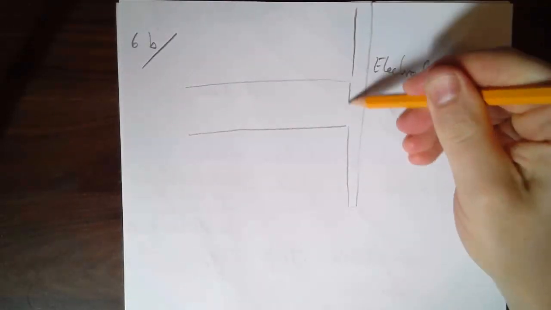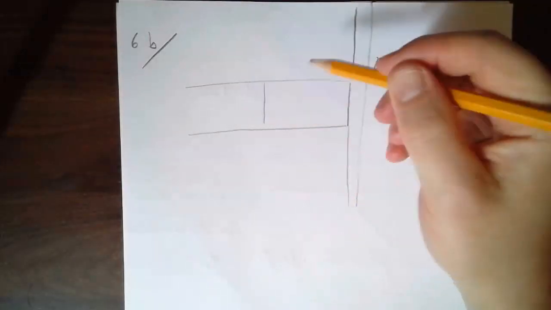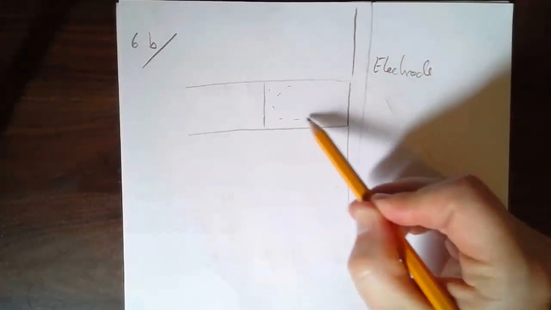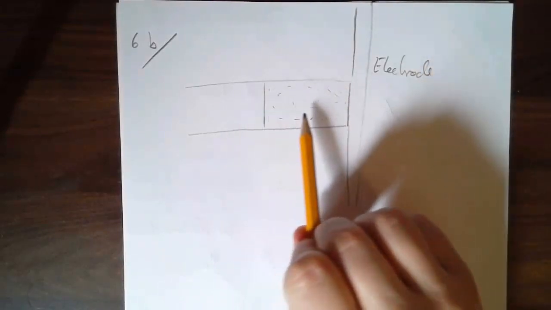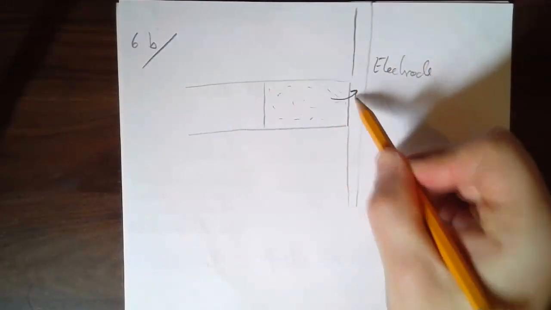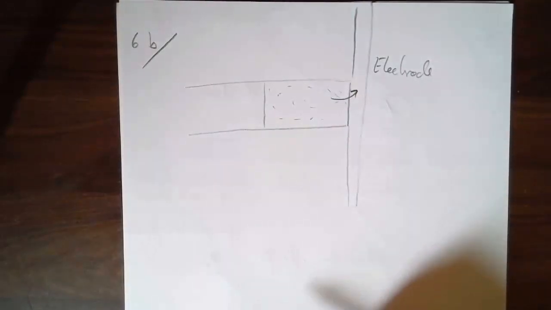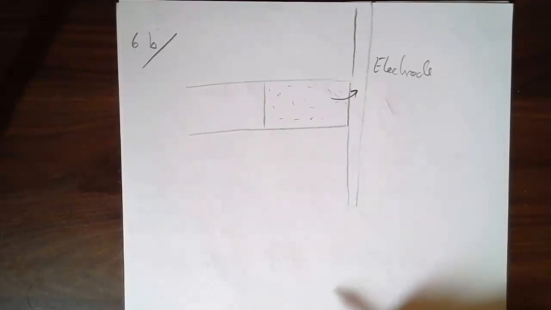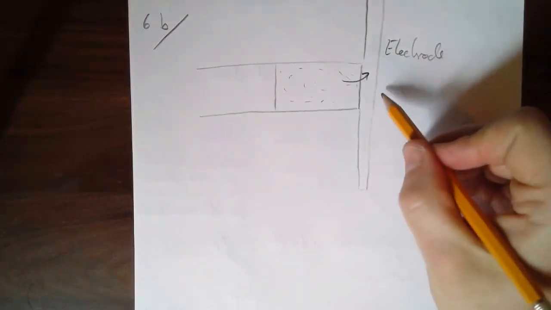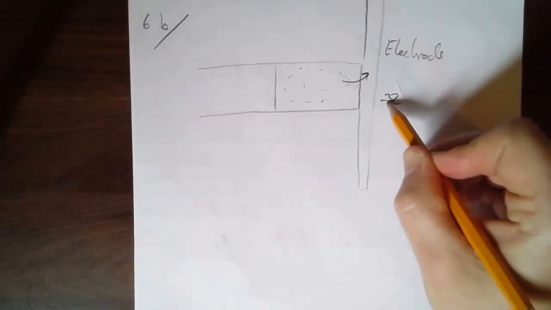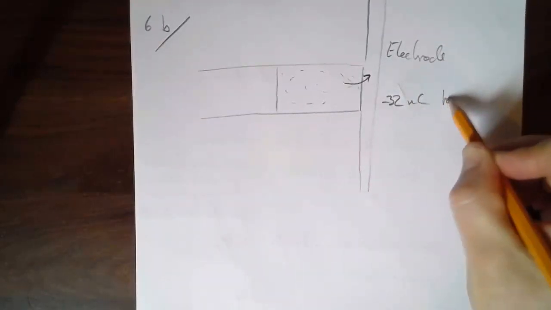The question is, what amount of electrons, they're all over the wire, but I'm asking how many of them, they're all drifting right, have to enter the electrode so that they add up to minus 32 nanocoulombs. And your numbers might be different, of course, in your Mastering Physics version of the question. So I'm going to write down minus 32 nanocoulombs total